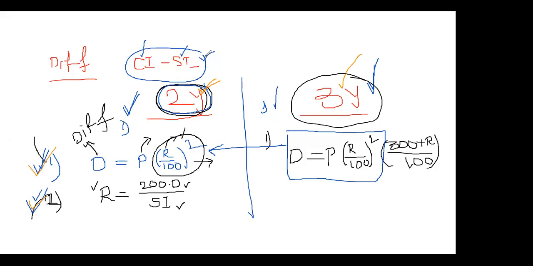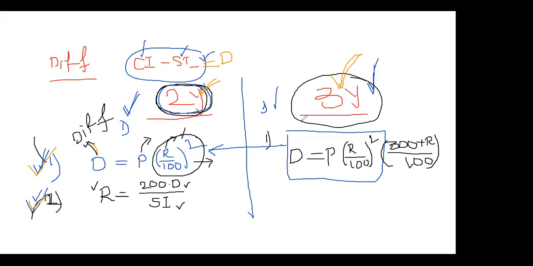D is equal to principal into R by 100 whole square. And the second formula, for 2 years, is R is equal to 200 into D by simple interest. These are the two formulas. And for 3 years, if they mention that the difference between compound interest and simple interest is some value for 3 years,